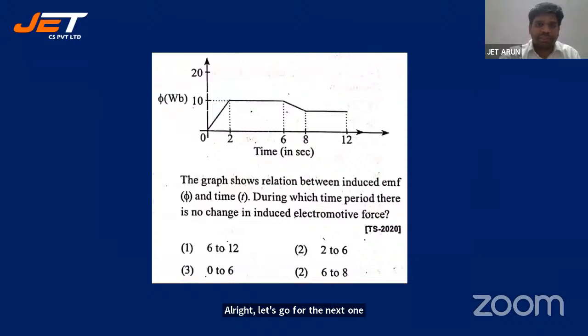Here is a good question. Here's a graph, students, showing variation of flux with respect to time. You have to find out during which time period there is no change in induced EMF. During which time period there is no change in induced electromotive force is what you have to find out from the graph. Electromotive force is generated when there is a change in flux. If there is no change in flux, no EMF. That means if phi is constant,